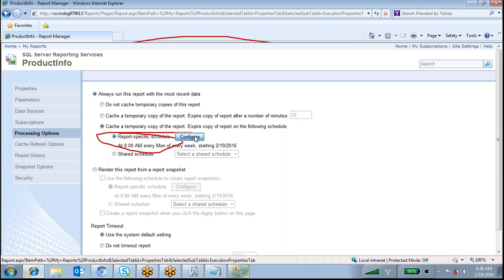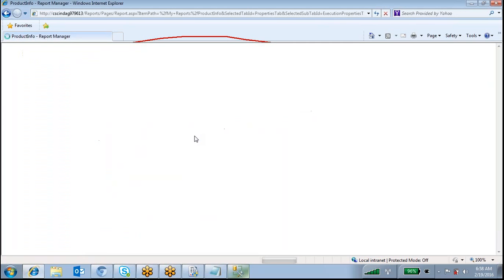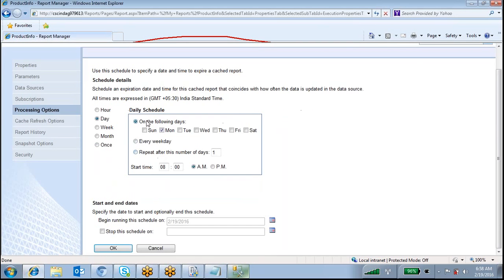So you just configure here at what time you are going to schedule this report. Sunday, Monday, Tuesday, Wednesday, Thursday, Friday. Every day we are going to expire the cache from cache memory, and we are going to freshly create the cache memory.